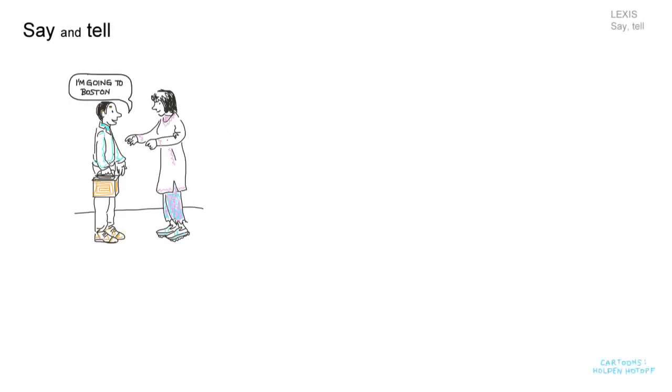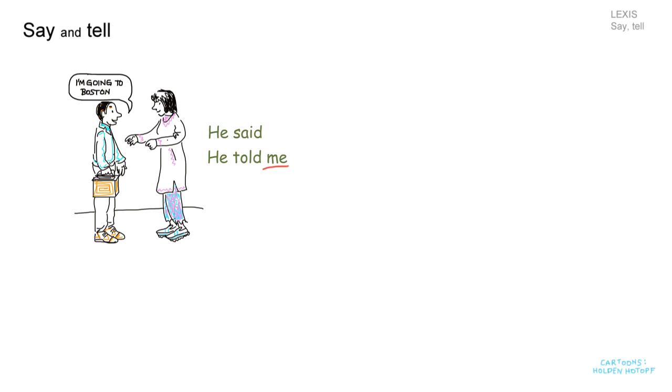Right, let's get started. Here's a picture of two people and the boy is saying, I'm going to Boston. So I can just put at the side here, he said. Or, alternatively, I can put, he told me. Me or his mum or a person or a friend or somebody. When you use the verb say, you don't have to say who you're talking to, but if you use the verb tell, you do. So I'll just underline me there to make the point.